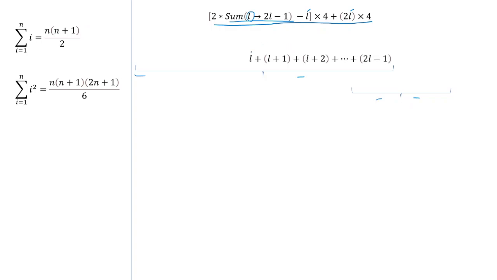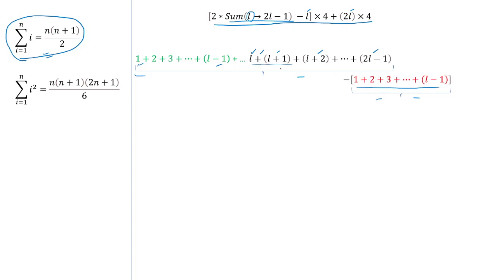So basically we have to do something like this: L plus 1 plus L plus 2 and up to 2L minus 1. So how are you going to do this? We know this particular formula, the summation of the first n natural numbers. We'll use this only. So what I'm going to do is I'll add from 1 up to L minus 1 to this particular sequence, and subtract the same so that it is the same value. Now this particular value that you can see is a summation of the first n natural numbers, where n equals 2L minus 1.